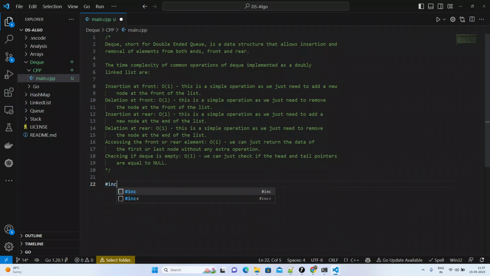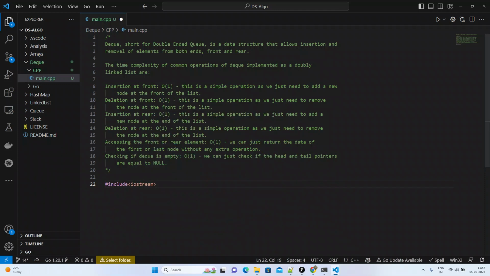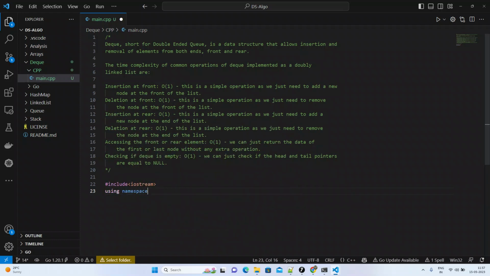So for IO operations, I will include iostream. By the way, I am trying to implement this using C++ here. Okay, using namespace std. So let us create a linked list here, class Node,